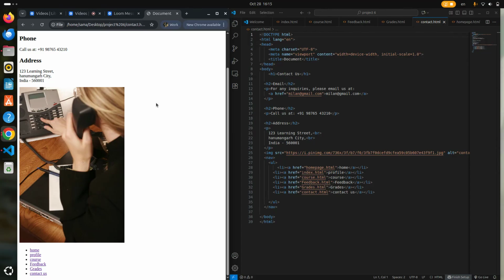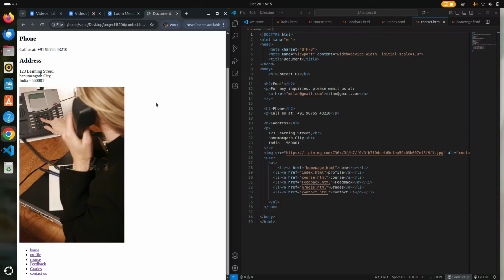After that is the P tag, which defines a paragraph of text. After that is A, href, and email. The anchor tag is used to create a hyperlink. Href email makes the text a clickable link. In the case of an email link, you can improve it by using mailto, and this will directly open the mail app to send an email.